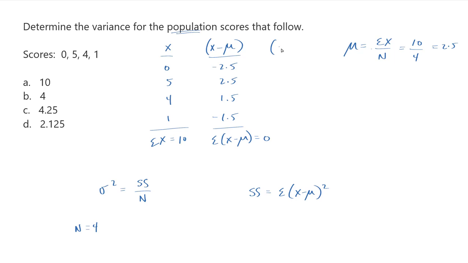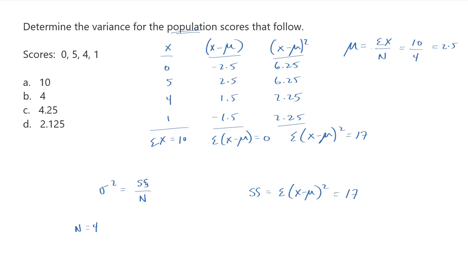Now we need to square these results, and this gives me 6.25. 2.5 squared is 6.25, 1.5 squared is 2.25, and the same thing here. And so what does this give me? That's 8.5 and 8.5. This gives me 17 as a total. So the sum of my squared deviations is 17,